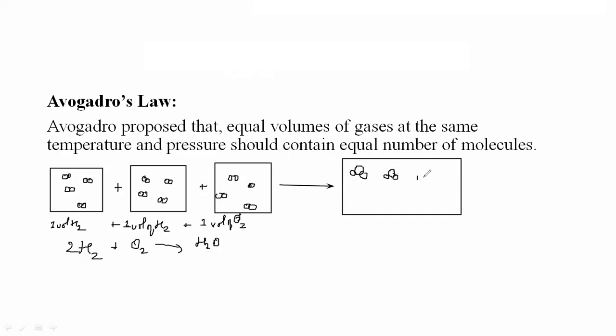Can I write it like this? So how many volumes of H2O do I get? I get 1 volume of H2O according to the reaction. That is water vapor, I can say. So 2 volumes of hydrogen react with 1 volume of oxygen to give me 1 volume of